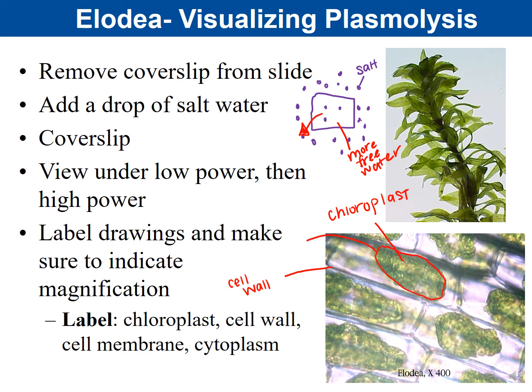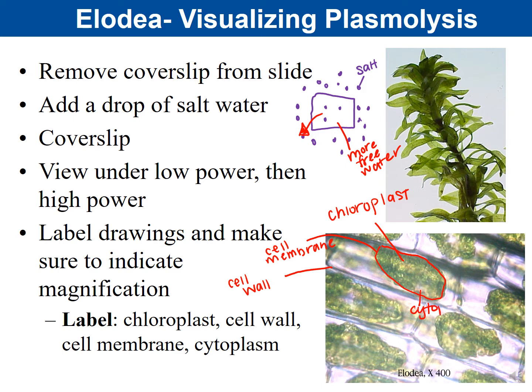That now is all the cell membrane. So that red outline that I drew, that's now the cell membrane. We can now see the cell membrane because placing the plant cell in salt causes the water to come out, the cell membrane collapses in, and now we can visualize where the cell membrane is. And then the cytoplasm